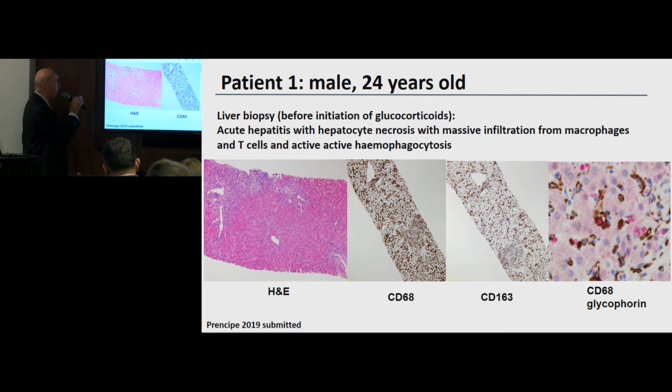Before initiation of glucocorticoids, there is significant inflammation with patchy hepatocellular necrosis. What really makes the difference is CD68, which are all over the place in the sinusoids. CD163 are there. There is hemophagocytosis in the liver, and I forgot the CD8, but it's essentially CD8 and very little CD4. Not in these slides, but I can share with you whatever you want. This is all I have here. That's exactly what Sabrina had. So very, very similar